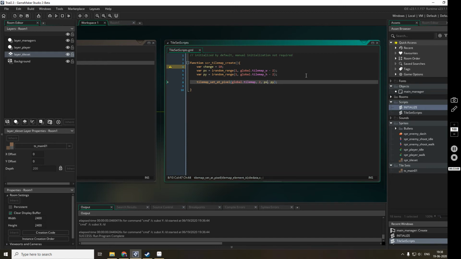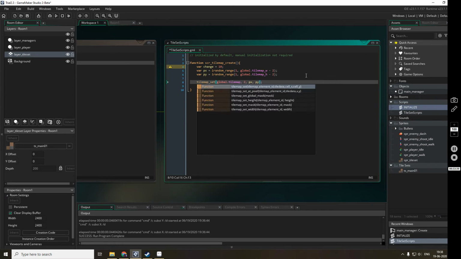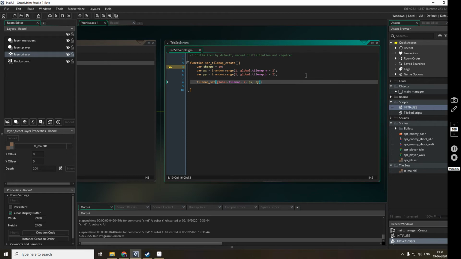So now what we have to do is either give into 32, or we have to change this function, not set at pixel.